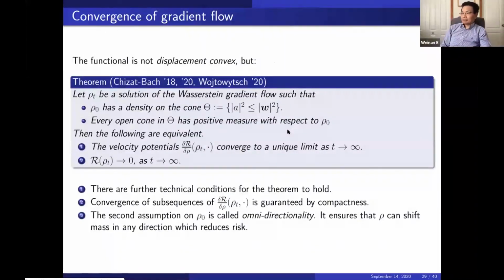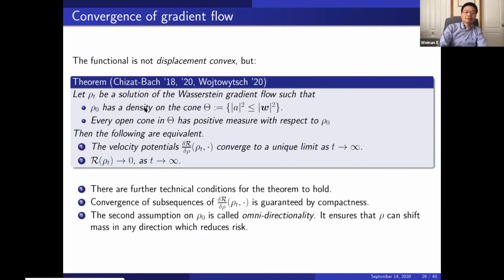Unfortunately, these functionals are not displacement convex. It's very hard to make them displacement convex. So that makes a lot of these machineries in optimal transport theory not immediately applicable. But there's one non-trivial result that was proved first by Chizat and Bach, and more recently my postdoc Wojtowski improved upon this. The theorem basically says the following: if the initial condition has full support, okay, support covers everywhere. The exact condition is formulated here, but let's just assume the initial condition has a nice density,